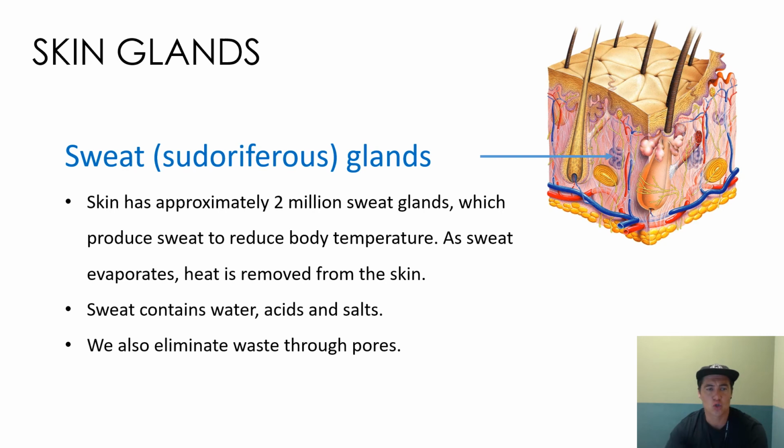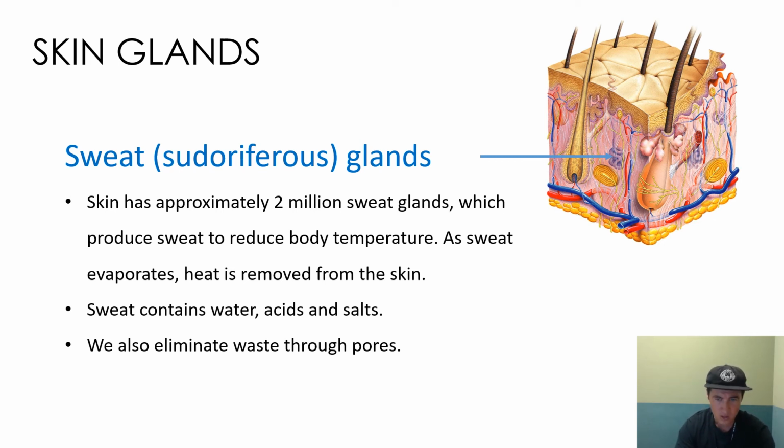Sweat glands, sudoriferous. I remember this term as sudo, sounds like sumo. Because sumo wrestlers are massive, I think of them as being very sweaty. So sudoriferous glands are our sweat glands. And you'll see that they are in the dermis, isolated by themselves, and they feed up into a pore, which releases out into the world. We have roughly 2 million sweat glands, and sweat then evaporates on hot skin, and that's how we remove heat through